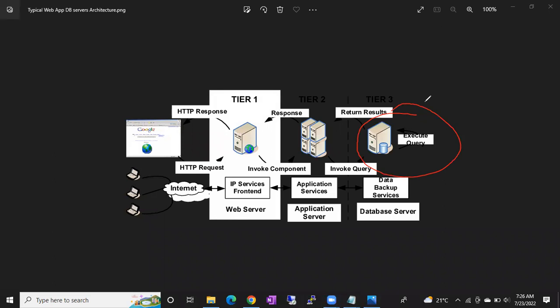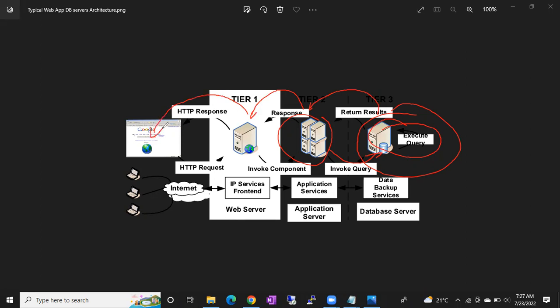Once the query is prepared by the application server, it sends it to the database server, where the query is executed. When you run any query, you get results, right? The database server sends those results to the application server, the application server sends them to the web server, and the web server sends them to your browser. Then only can you see them.